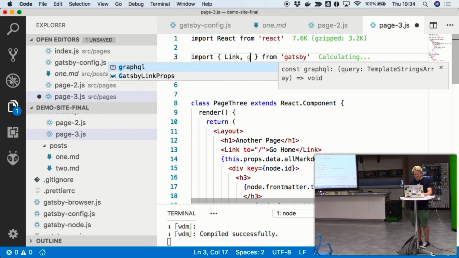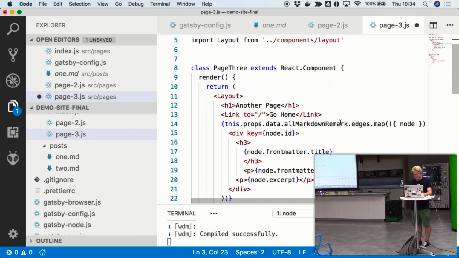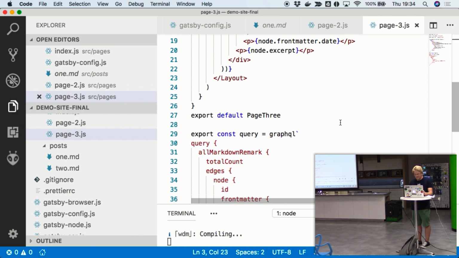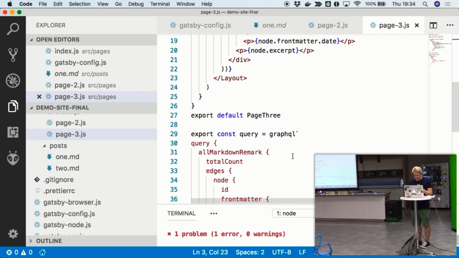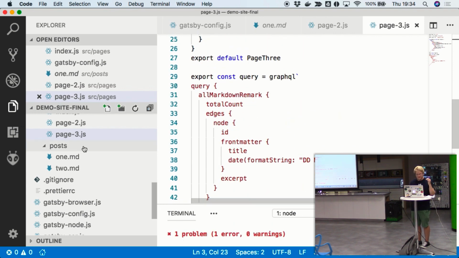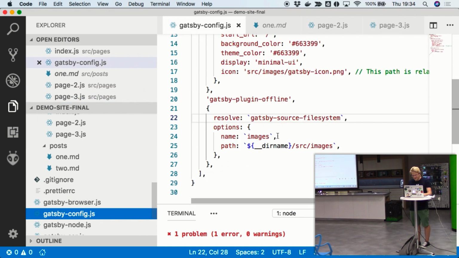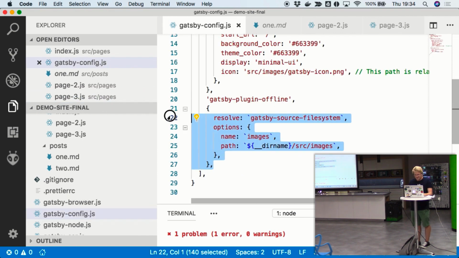No, sorry, GraphQL. Okay. Failed to compile. Because I don't... Oh, I need to tell them about...